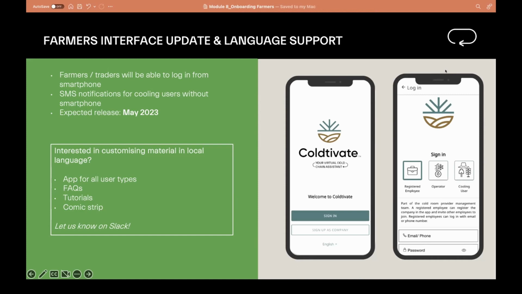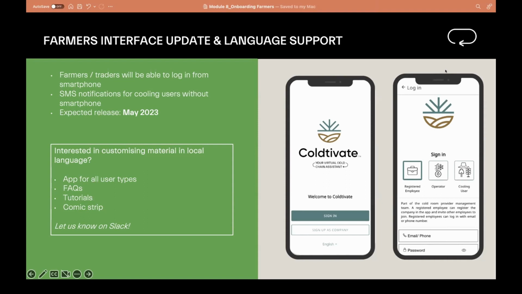And this means, on one side, translating the app so that, on the bottom of the first screen, the welcome screen, you can choose your language. So if a farmer only speaks a local language, he or she can also be included and able to use the app. But this also means more broadly,